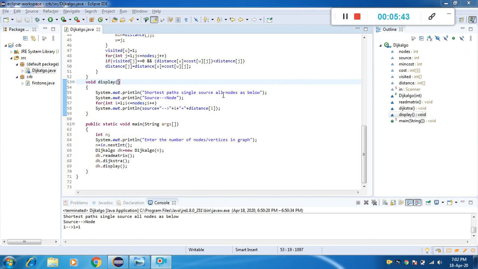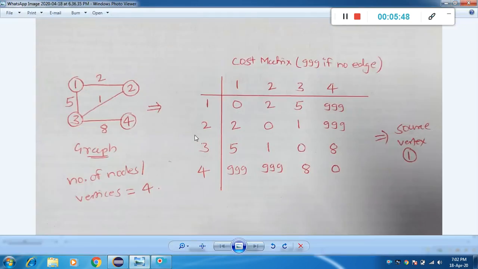Then let us see how to execute this given program. For this, assume you have been given one graph with 4 vertices as 1, 2, 3 and 4, and the corresponding distances between these vertices: the distance between 1 to 2 is 2, from 1 to 3 is 5, from 2 to 3 is 1, and from 3 to 4 is 8.